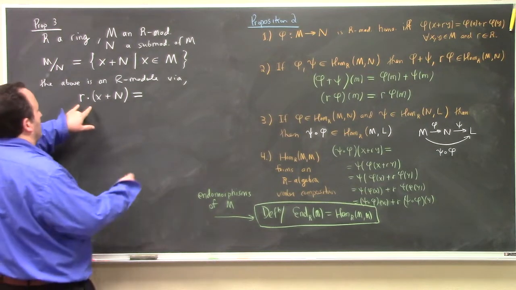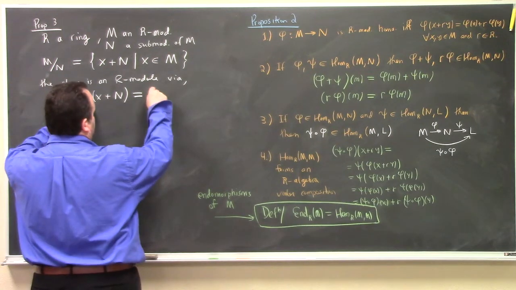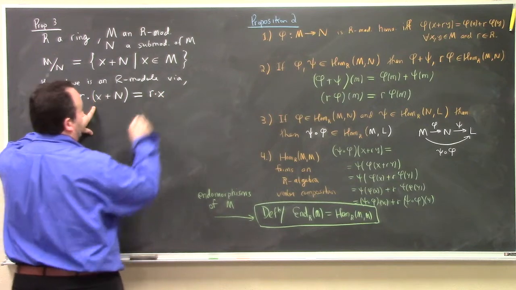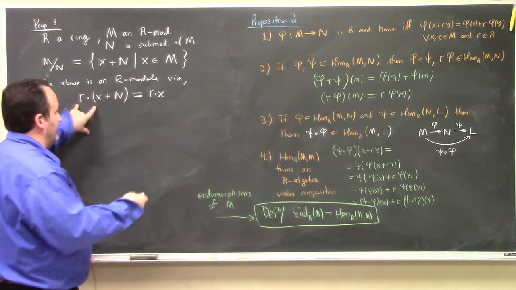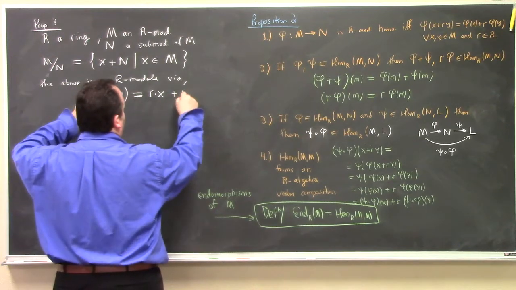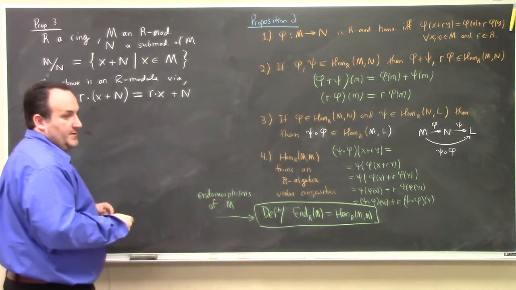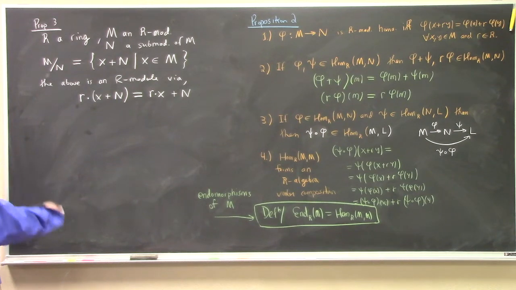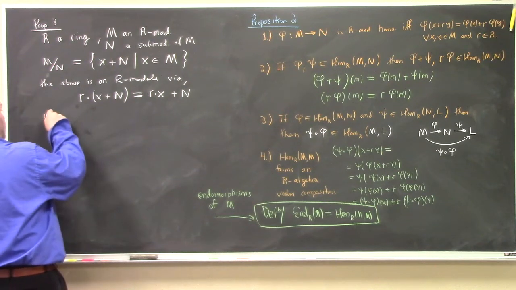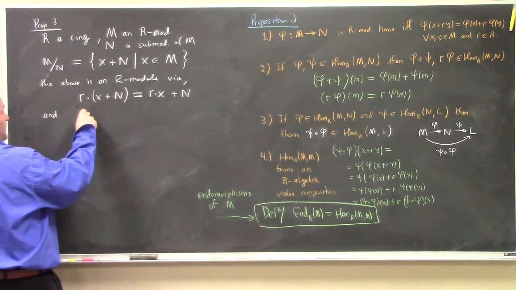How about we just do r times x, because that's defined? Remember, M is an R module, so r times x is defined. We just do that, plus N. So this is the proposition: if you have an R module and a submodule N, then you can look at the quotient module M mod N and make it into an R module by this natural action. And there's a natural projection map, pi,